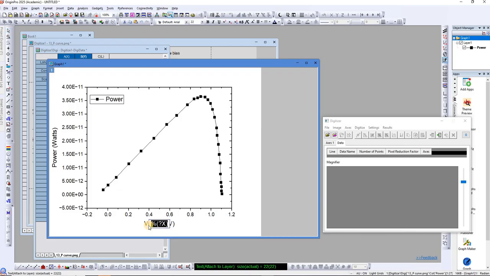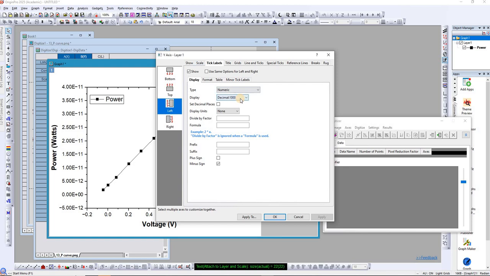Similarly, we can redefine these, and we can increase the size of the text, set it to bold font. Similarly, do the same for the power axis as well. Increase the font size of it, set it to bold. For the scale, what we can do is set it to scientific, hit apply, and similarly